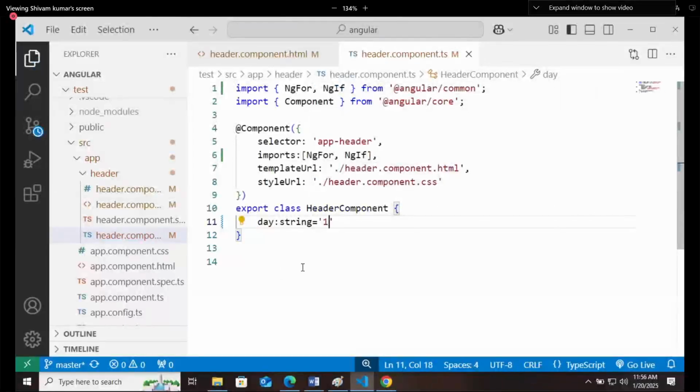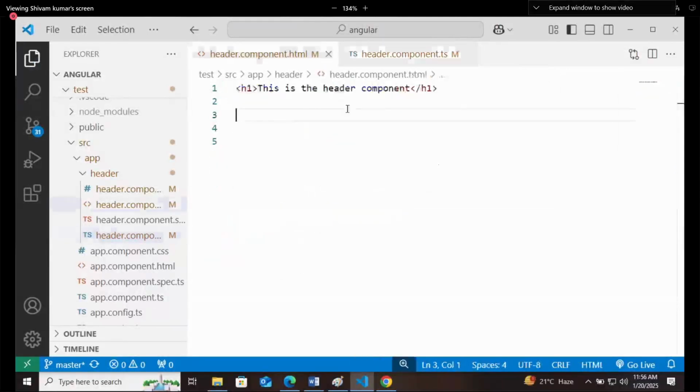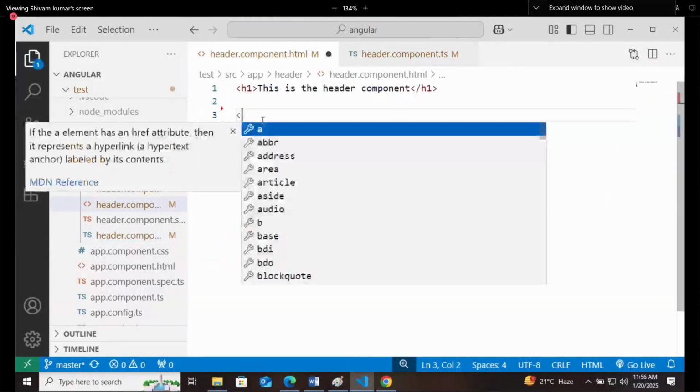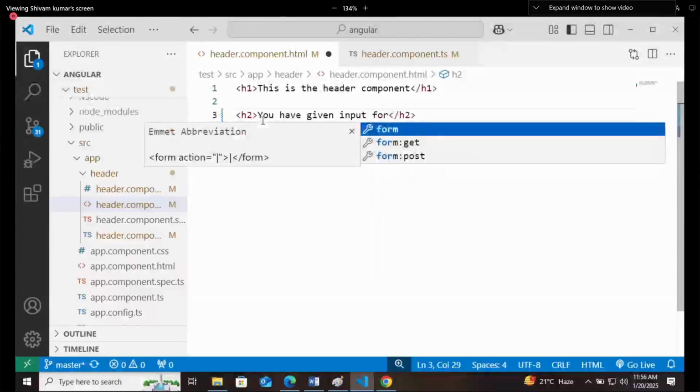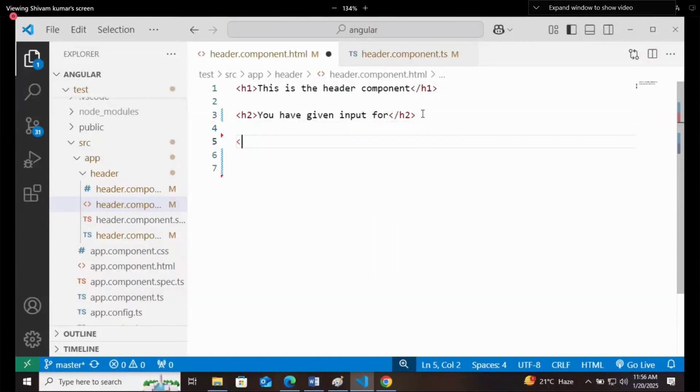Now I want to render that here. At first, h2, you have given input for. Inside this I will write h3, but here it is a little bit complicated.